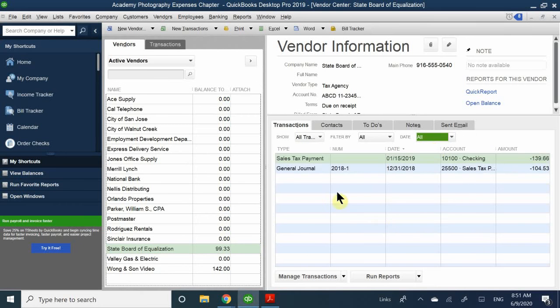We're going to go view all. Okay, so here we can see that we still owe them money. We owe them since 2019. Well, of course,